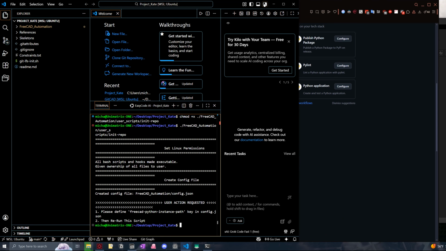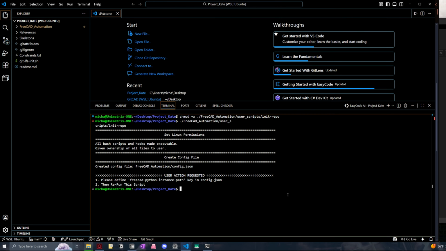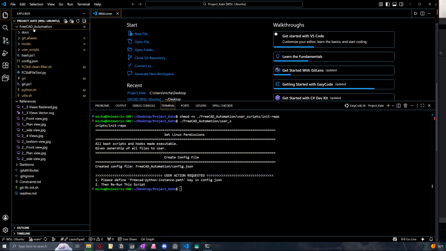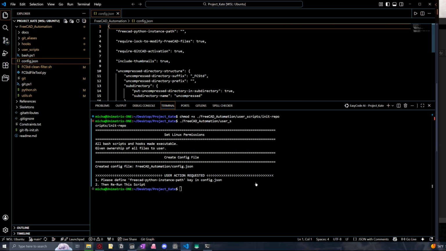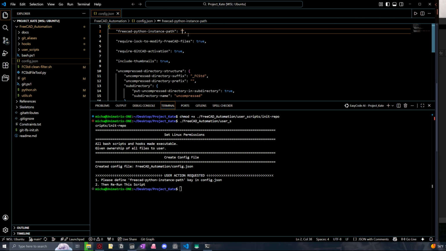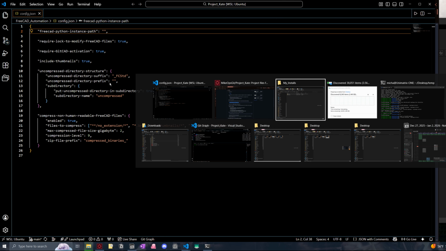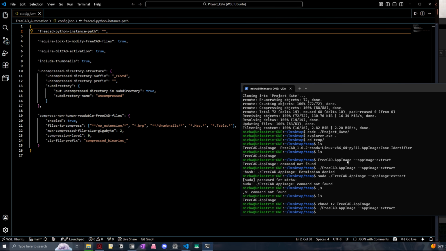And let's just move that over. Cool. So there we go. Now it's created this config file, the same thing as usual. So you go in here, go to the config file, and this part needs to be updated to match it. So what we want to do is